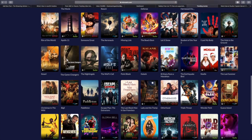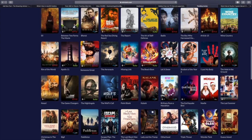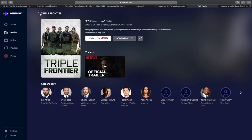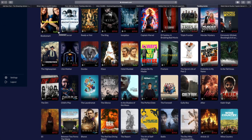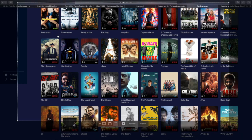When I talk about mobile apps, good news is this is available right now on Android TV. It's available on Apple TV. And it's going to be coming soon to Roku and Fire TV. Just keep your eyes out. That's really cool because it's going to increase the amount of things you can find on every platform, regardless of the way they have their own menus set up. I like that a lot because I don't find the Android TV search to be particularly expansive. But that is Minnow,